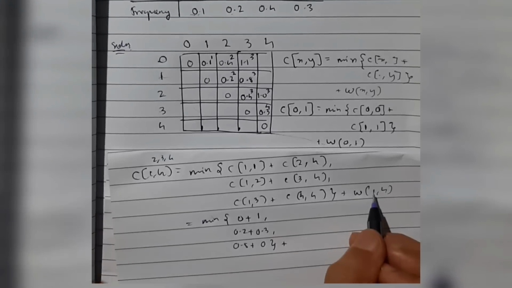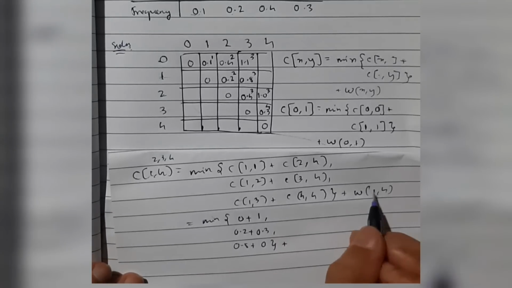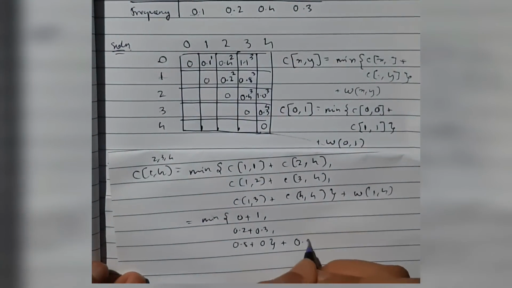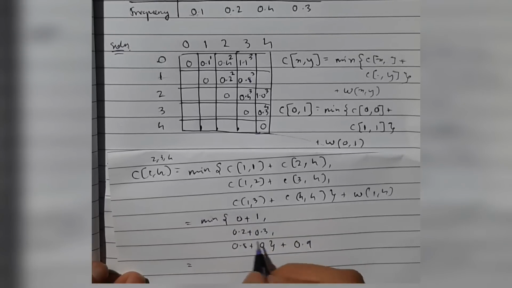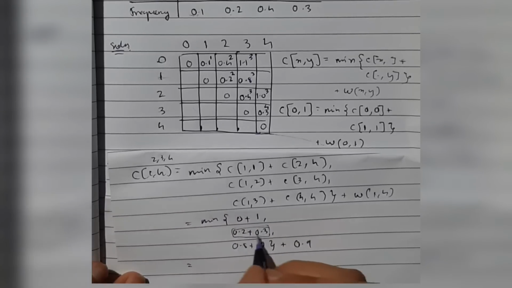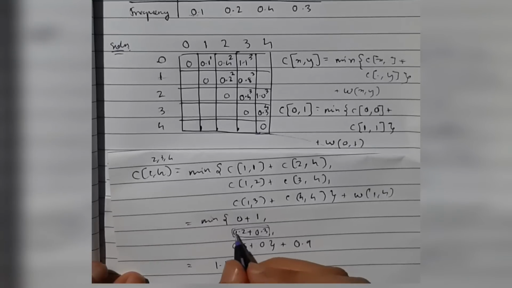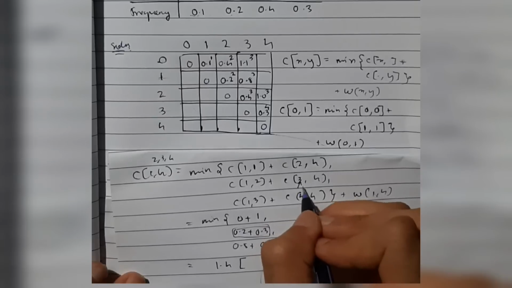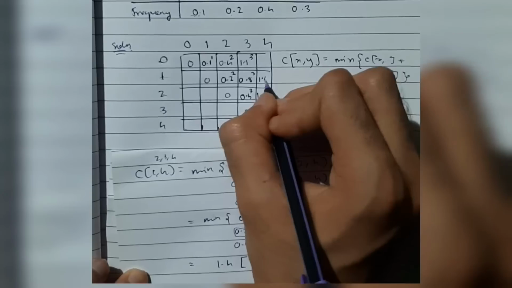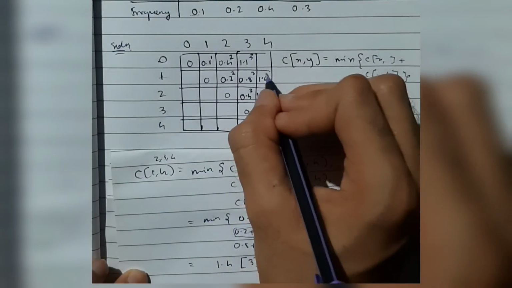And the frequencies sum from ignoring 1, 2, 3 and 4. 2, 3 and 4, if I add, I'll get 0.9, and adding this I get what is the minimum among these three? It is this one, 0.2 plus 0.3, that I'll get 0.5. 0.5 plus 0.9, it is 1.4. From which element I got? This is the middle one. So looking at this row, I get here the element 3, and here I'll be writing 3. So I'll be writing this cell with 1.4 and 3.